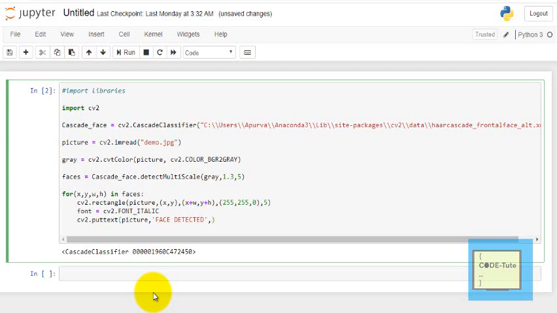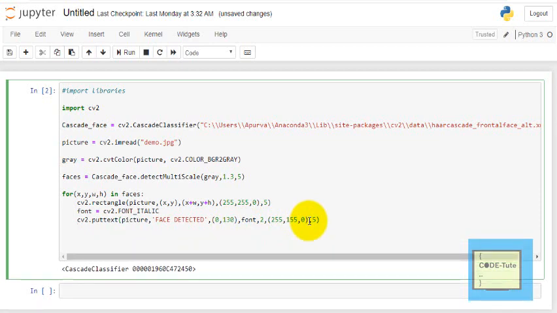Then you have to pass the coordinates also, the coordinate at which my string will be put. Then pass the font, then the font scale, color, choose any color, but all three values should be between 0 to 255, and then thickness.